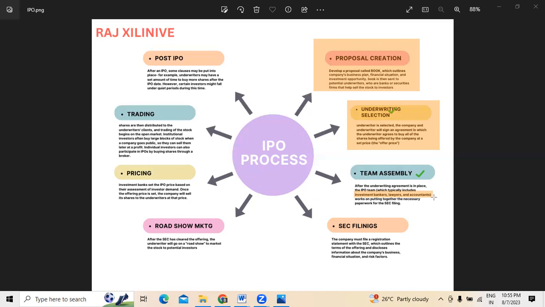They will work on the necessary paperwork,